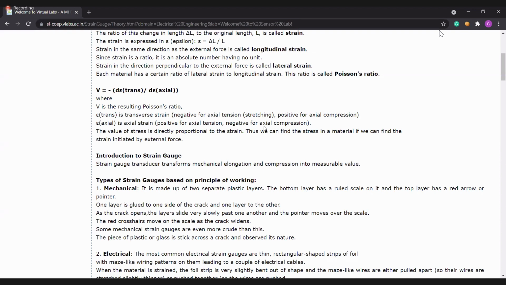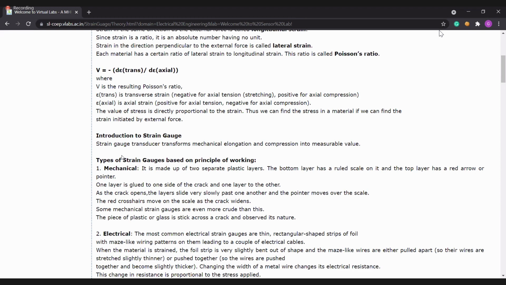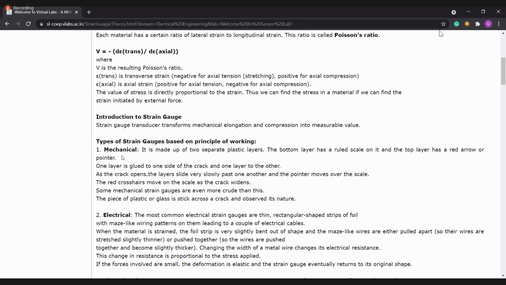Can you see this sentence? Read out. Strain gauge transforms a mechanical elongation and compression into a measurable value. Yes, so into a measurable value means it can be resistance or capacitance or inductance. But which parameter are we choosing? We are choosing resistance. Okay, right. Stop sharing.